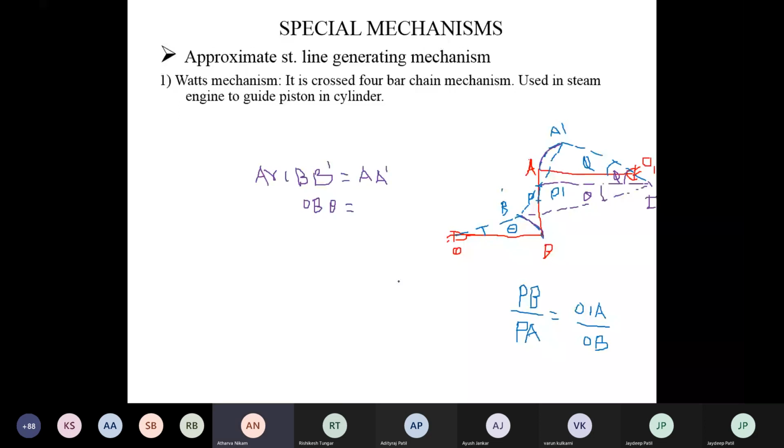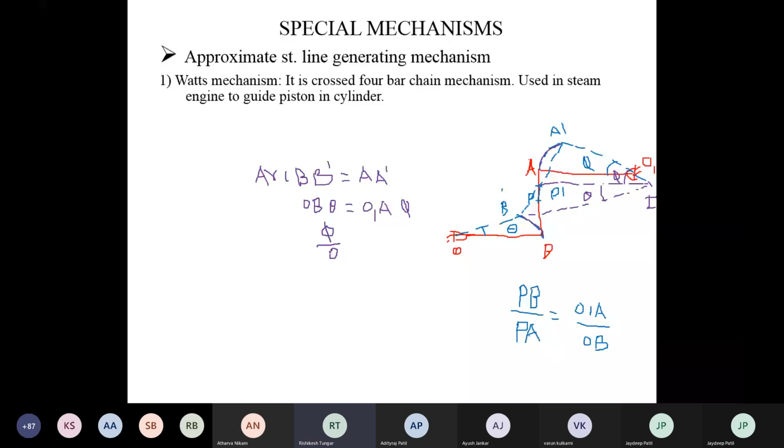Arc A dash, O1 radius आएगा. O1A, sorry. Correct, na? O1A into angle is your phi. If you write this equation in terms of phi by theta, what you will get here? Suppose I will write this equation, phi divided by theta is equal to